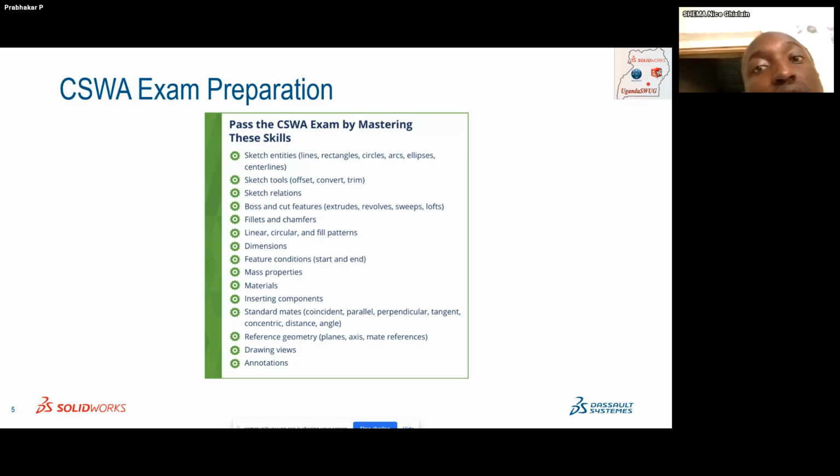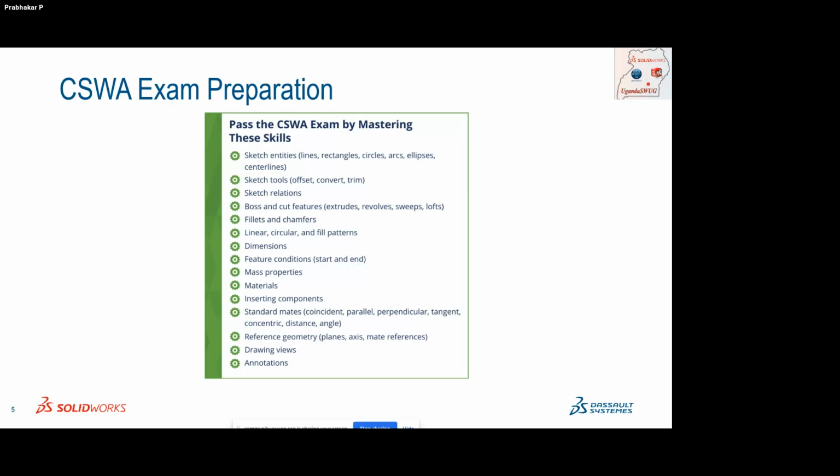Most of the sketch tools and 3D tools like boss extrude, revolve, sweep, loft, fillet, chamfer, linear and circular patterns, dimensioning, mass properties, material, and how to insert components in the assembly environment, with standard mates like coincident and parallel. Anyway, I'm going to show you a demo also, no worries. This slide is just to give you an overview.